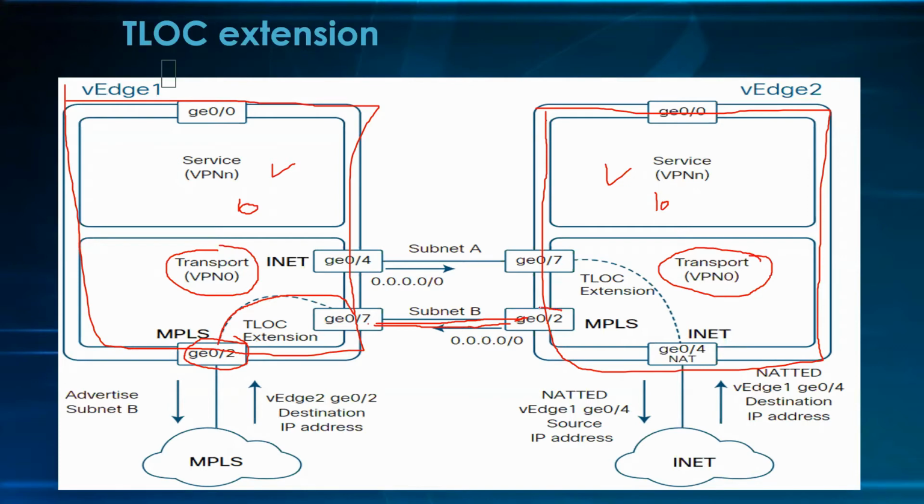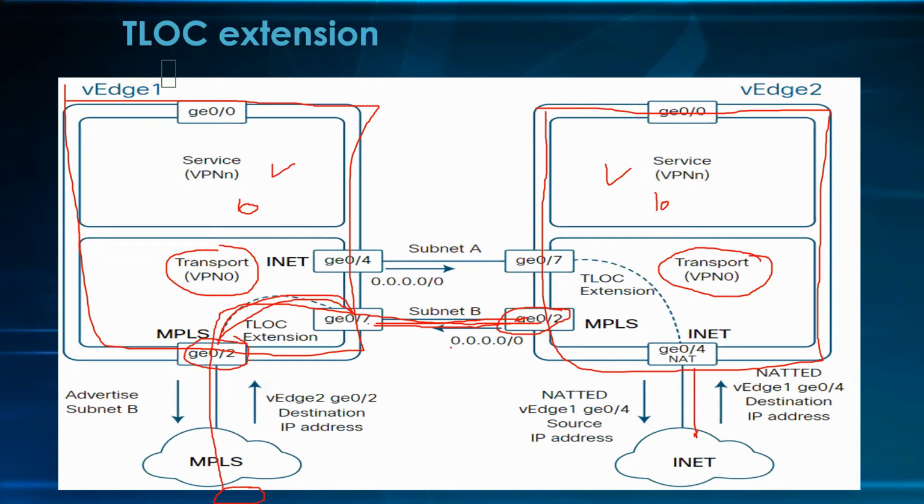Now here, on this side, I make the tunnel, so a tunnel interface inside G0/2. I say interface G0/2, IP address XYZ, and then the tunnel interface. On this side I don't have a tunnel interface because this one is just doing the extension. This one is extending, and this side I am doing the tunneling so that it can build the tunnel over this way to the remote device. So this router will see that the first tunnel is MPLS and the other one is the internet.